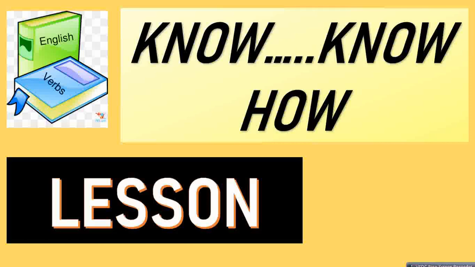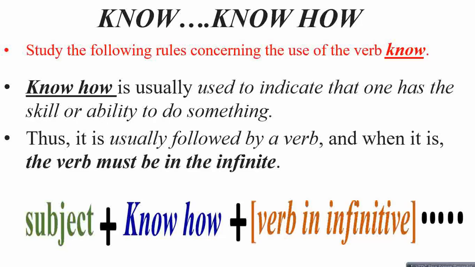आज हम इसमें जिस टॉपिक को कवर कर रहे हैं वो है अबाउट "know" एंड "know how"। सो इसकी ग्रामर को कम्प्लीटली बिगिन करते हैं। विदाउट फर्दर ado, let's start the lesson. Study the following rules concerning the use of the verb know. आज हम इस वर्ब know को फर्दर स्टडी करेंगे, उसकी ग्रामर को डायसेक्ट करेंगे। The word know-how is usually used to indicate that one